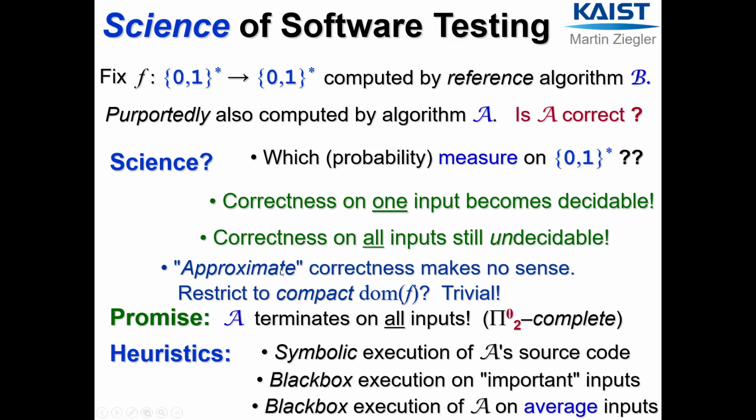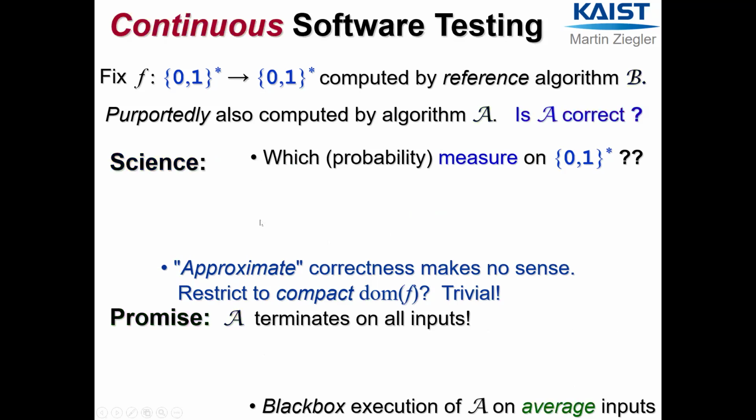And all this changes when we now move on to continuous software testing. And that's what I want to sell here. Continuous software testing means testing software for continuous problems. So we replace the domain and codomain as discrete spaces, finite binary strings, with subsets of real numbers or real vectors. And now suddenly